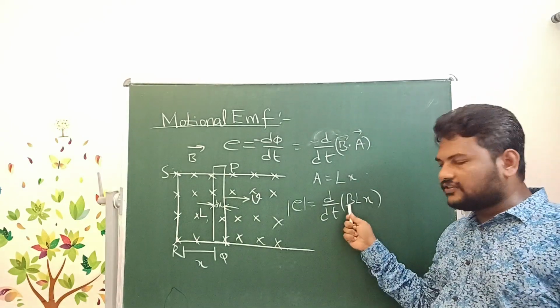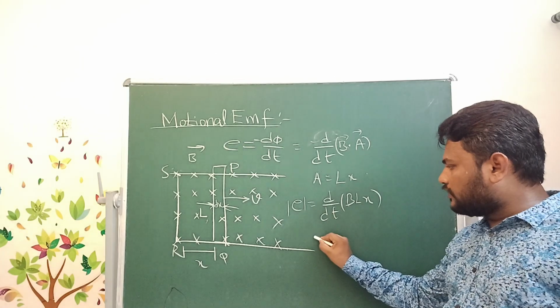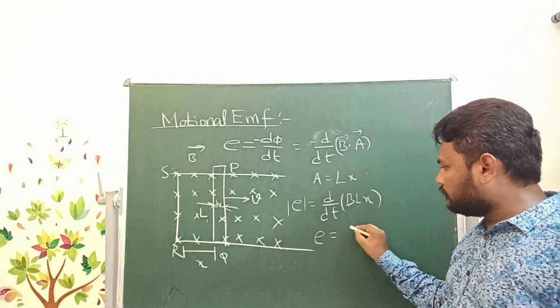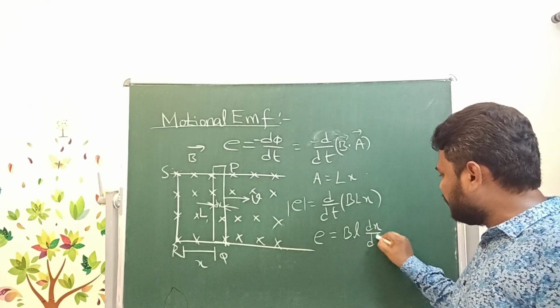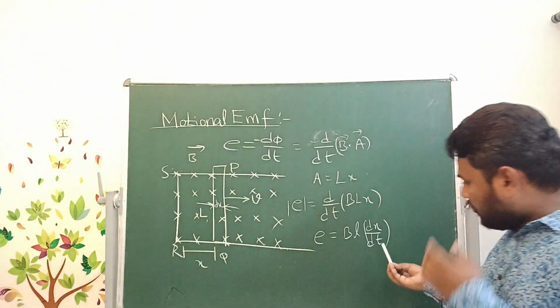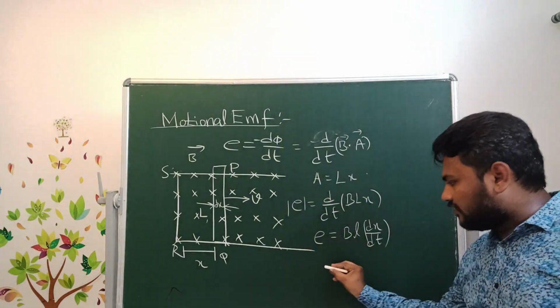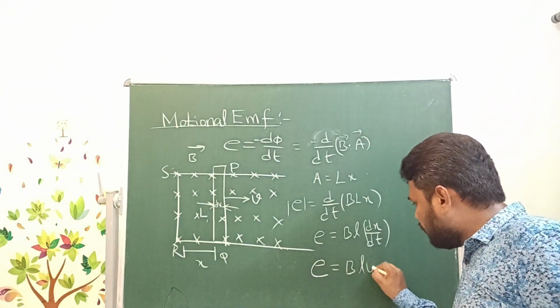Here the magnetic field is constant, length is constant, only x is variable. So the EMF E equals BL dx by dt. The rate of change of position of this conductor with respect to time is called the velocity of that conductor. So the induced EMF will be BLV,